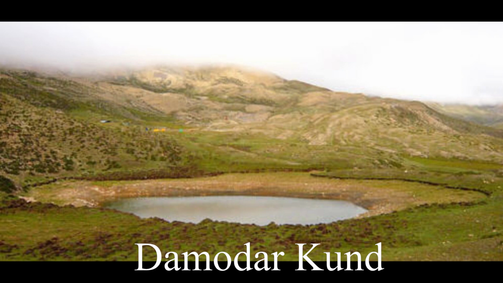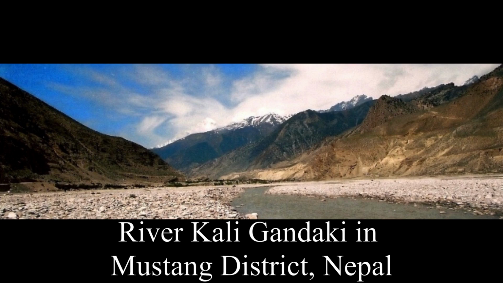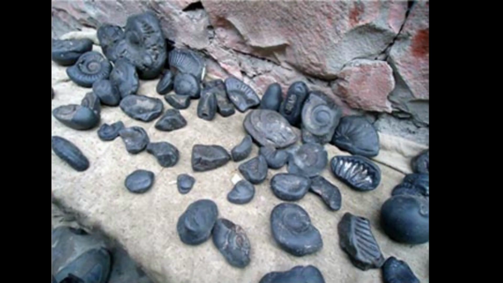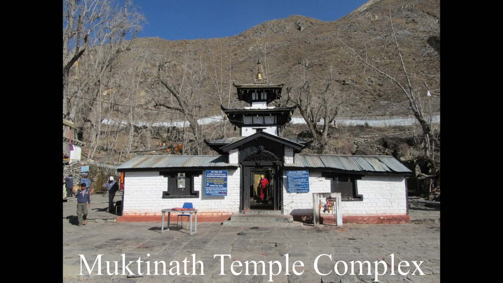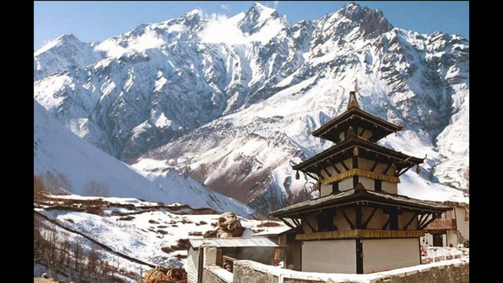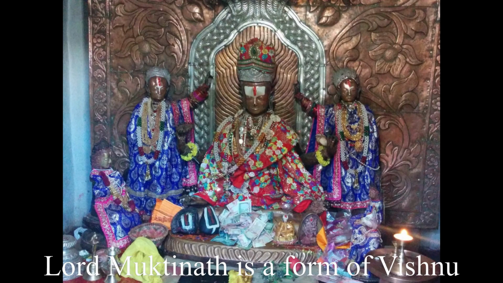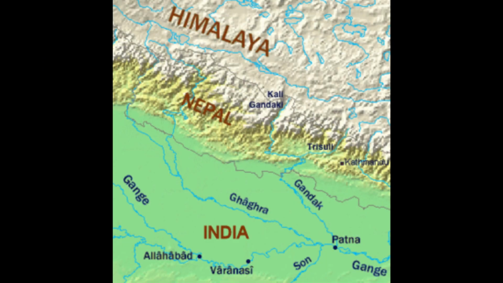The ammonite fossils are the Shaligram Shila, which is an extremely rare stone found only in the glacial lake or Kund of the Kali Gandaki River, which is in the Mustang district of Nepal. These fossilized stones are brought down from the upper Himalayas to Nepal by the Gandak River. The Kali Gandaki, located close to the Muktinath temple, meaning the place of salvation, is a tributary of the river Gandaki or Gandak, also known as Narayani. This is one of the major rivers in Nepal. It is also a tributary of the Ganga.